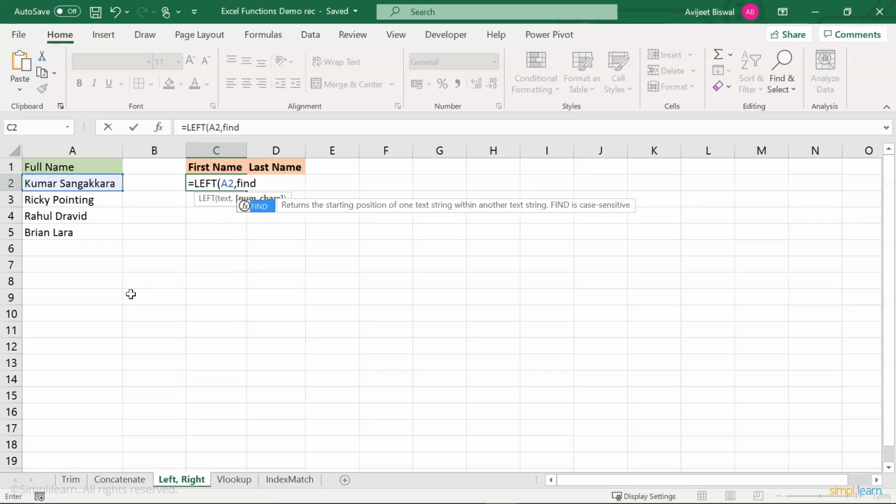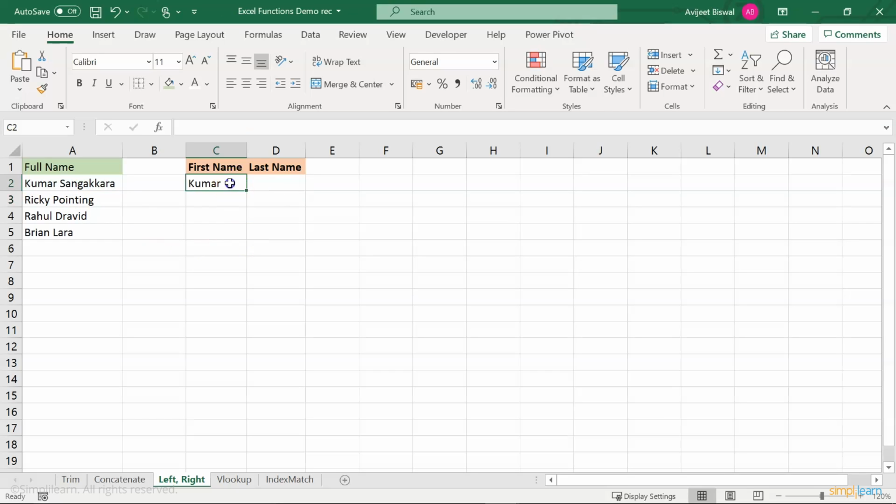So I'll write find. I want to find where the first space is in A2. I'll close the bracket and I'll give -1 so that it takes everything that is present before the space. I'll close the bracket and hit enter. There you go. So we have extracted the first name.